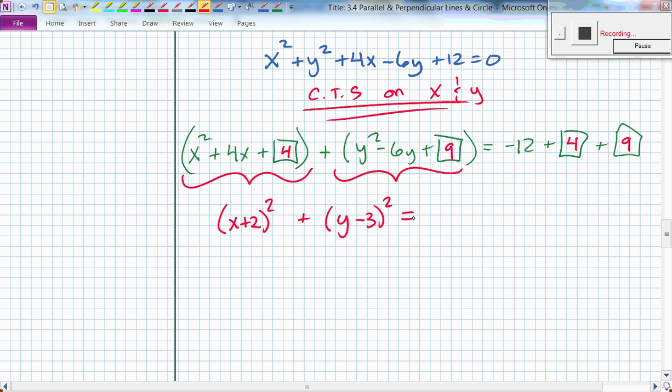Good. On the other side, how much is 9 and 4? 13 minus 12 is 1. Now where's the center of this thing? What's the center? Negative 2, 3. And what's the radius? 1, because the square root of 1 is 1. See how cool and how fast and easy